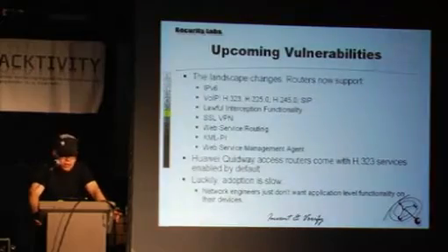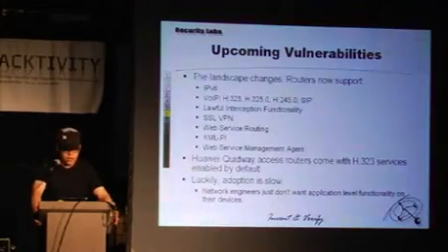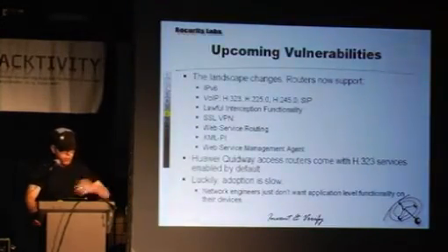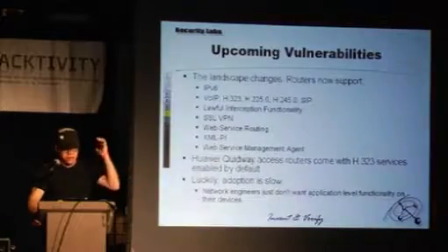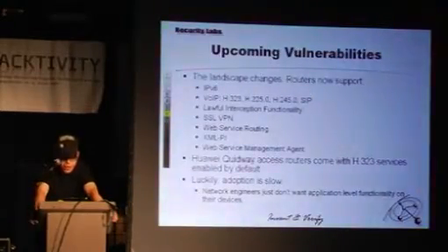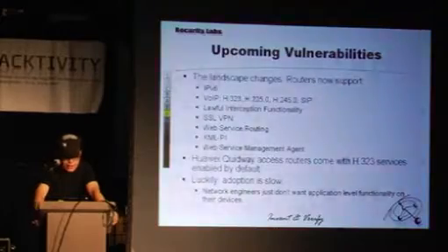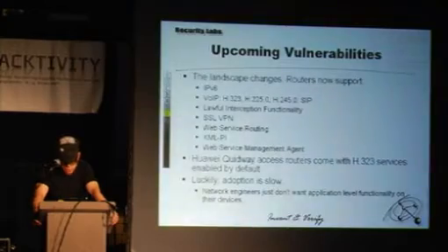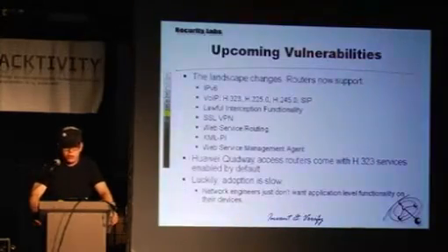If you look at other vendors, for example, the Chinese Huawei Quidway routers, they actually come with voice over IP services turned on by default. Like, you put it out of the box, you turn it on, and it has like 10 open ports with H323 services. Luckily, most people that buy Cisco equipment are smart enough to not turn on this bullshit. But this is going to change because if there's one thing that we can rely on, it's human stupidity.